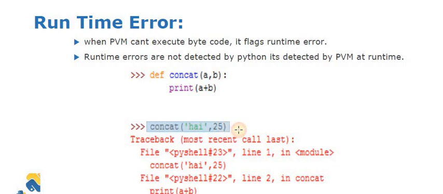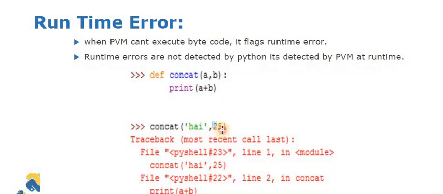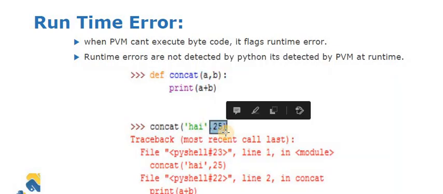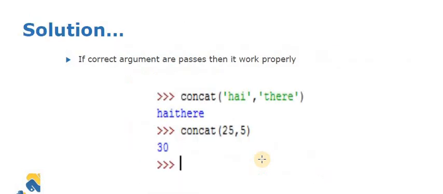Here I am calling that particular function, but instead of passing strings, I am passing integer values. So what is the error? The error is that we are not passing strings as arguments into the function. So it is a runtime error.